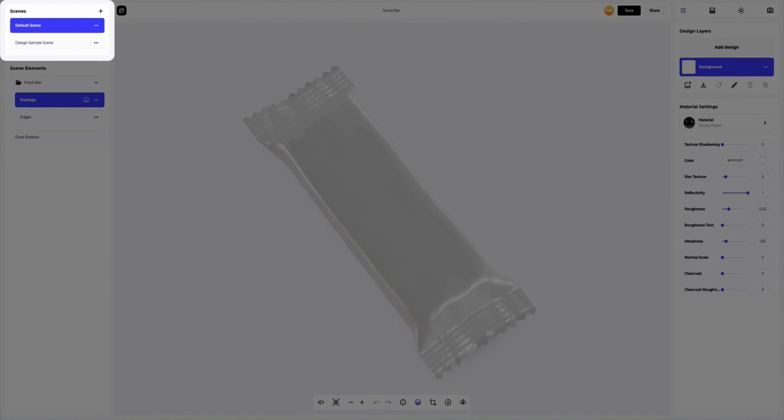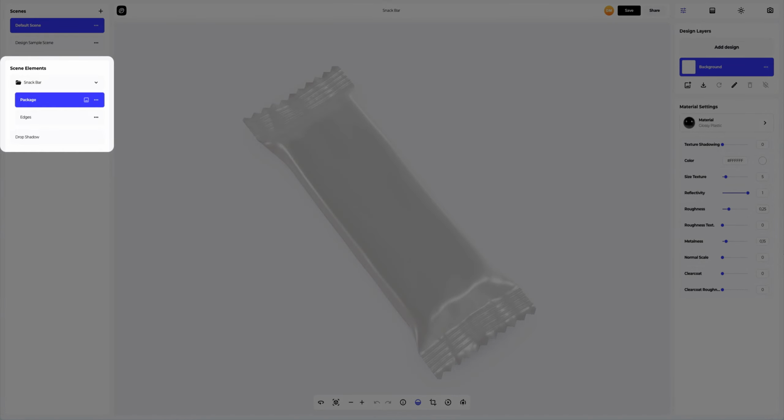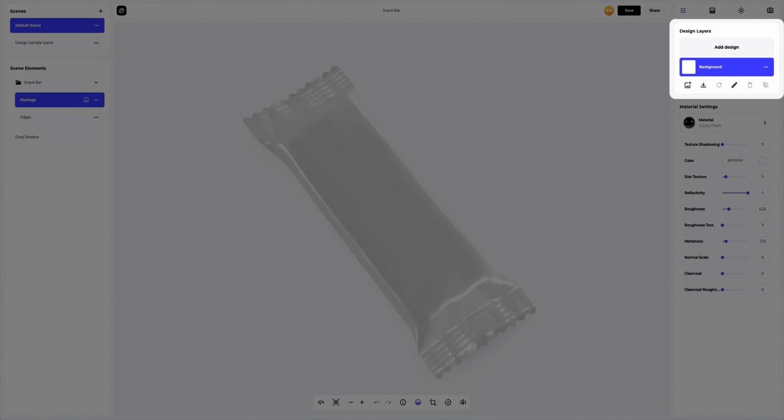On the left side of the window that has just opened, you can see the panel with scenes. Here you can create new variations of the 3D mockup, each with different design, materials, and environment settings. You will be able to add the new ones and delete the ones you don't need. Below, in the scene elements, we see the structure of the 3D model, where all separate elements are grouped into the folders. On the right side of the screen, you can see the design layers, where you can add your